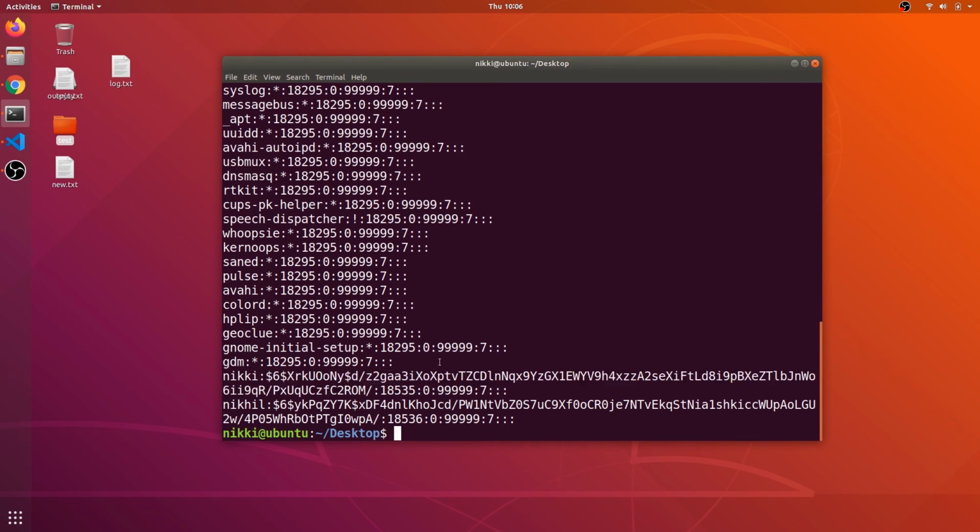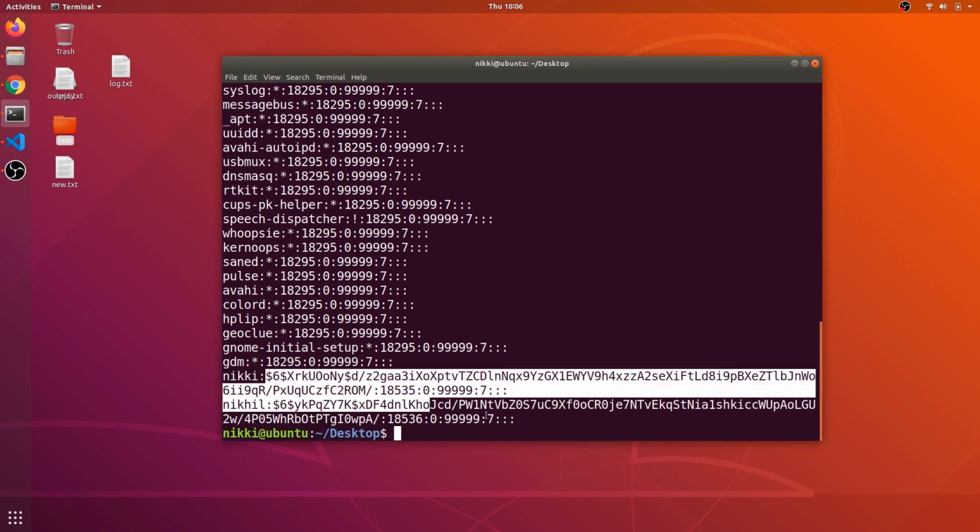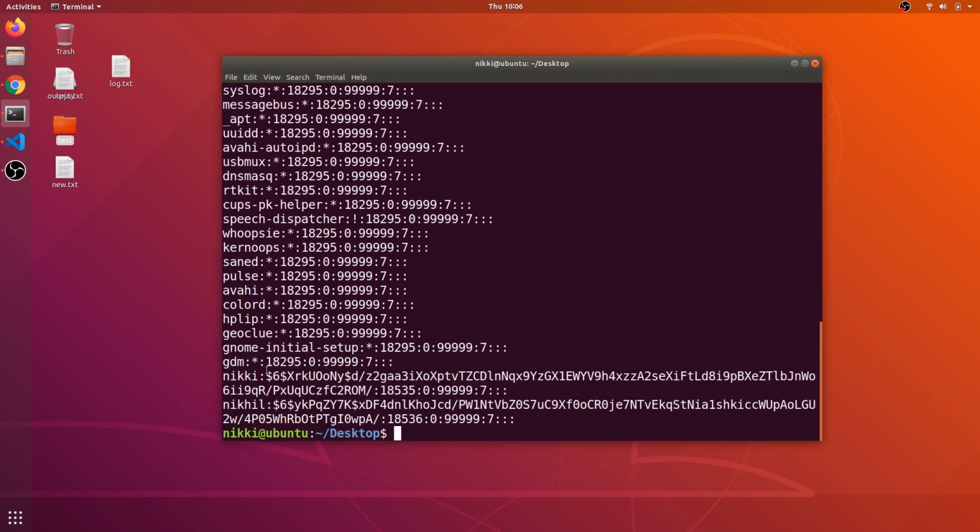That's why during the pen test you need to check whether a guest user or any normal user has access to this /etc/shadow file or not. If they have access, they can just dump this file and try to crack the password. That's why the one security mechanism you need to implement is to use the strongest passwords possible.